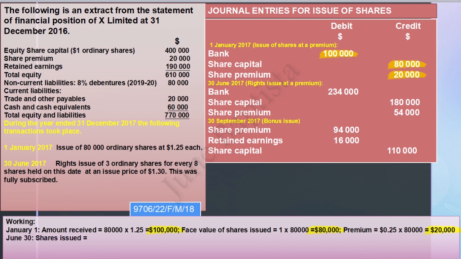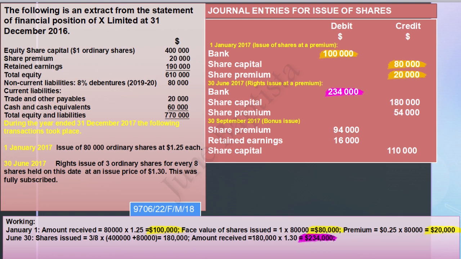Shares issued would be 3 divided by 8 times 400,000 shares that we started with, plus 80,000 shares issued on the 1st of Jan to give us 180,000 shares. The amount received would therefore be 180,000 times 1.30 to give us $234,000. Looking at the journal entry on the 30th of June, bank will be debited